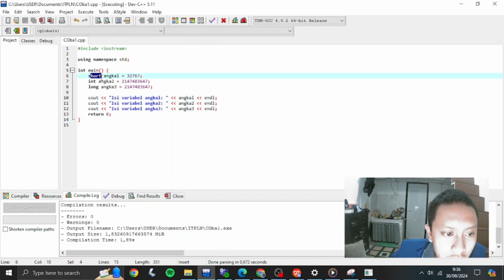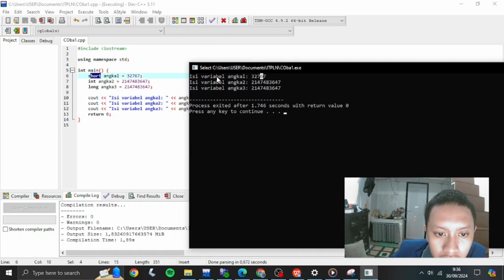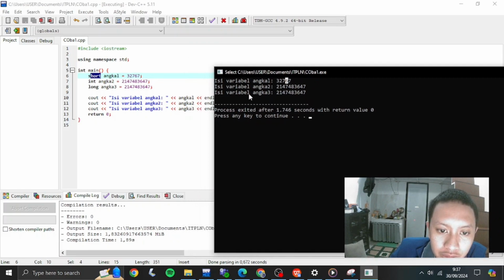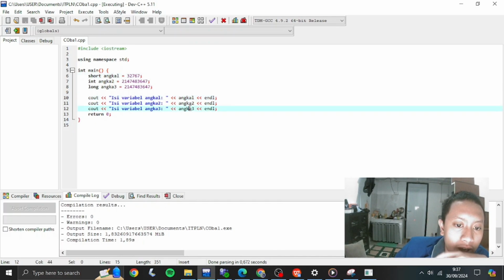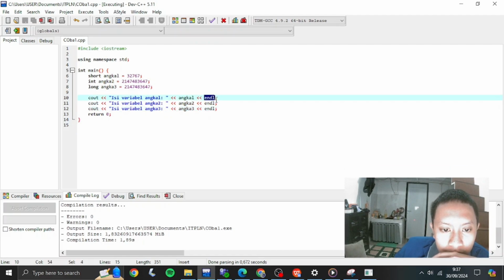For example, the short, it shows you the isi variable angka 1 and isi variable angka 2 and isi variable angka 3. It shows because of the cout you filled in this blue one. It gives you a cover for the number you give. And endl gives you an enter.